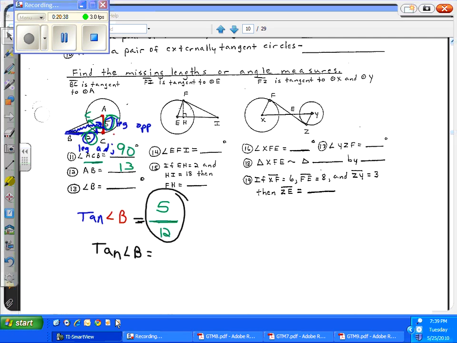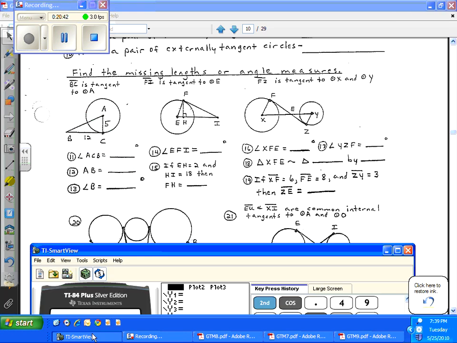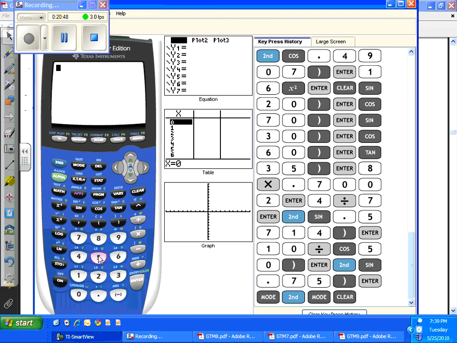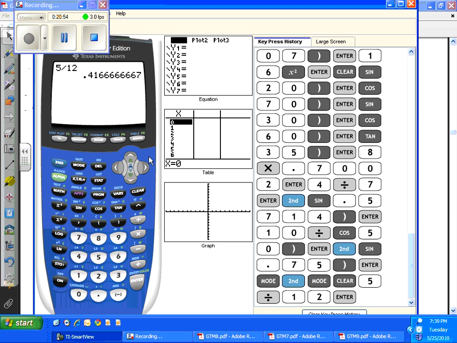It's 5/12. Yes, I knew that. Here we are. So we're going to have 5 divided by 12. We take it out 4 decimal places,